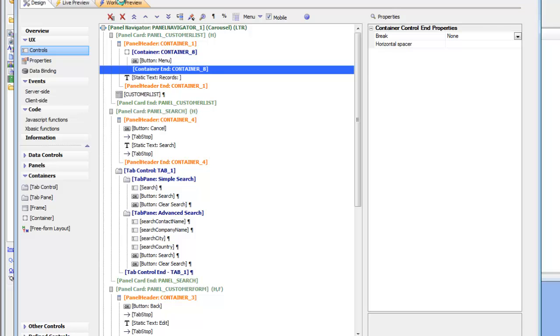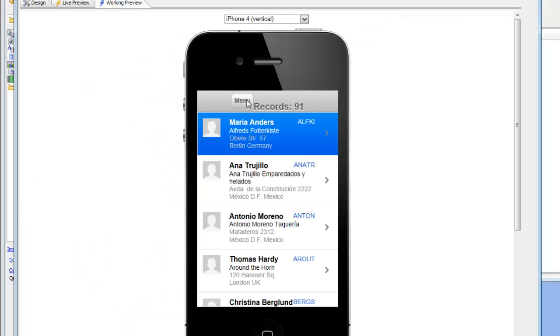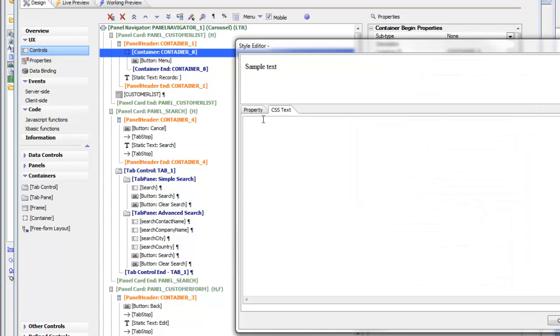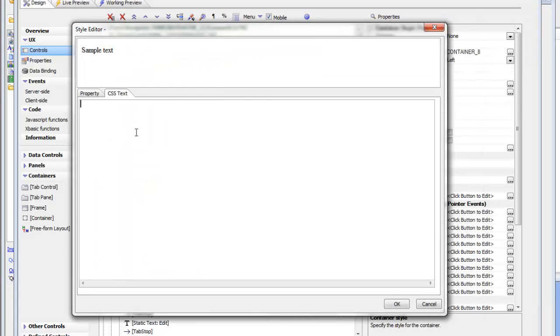Now if we go to working preview right now, we'll see that nothing has changed. But what we can do now is go back to this container and set its inline style to position this container in an absolute location. So make sure that you have the container start control selected, and then when you see container style, let's open up the smart field to open up the builder, and then switch to the CSS text pane, so that we're going to just enter our style directly here and type in position absolute, which means that this container